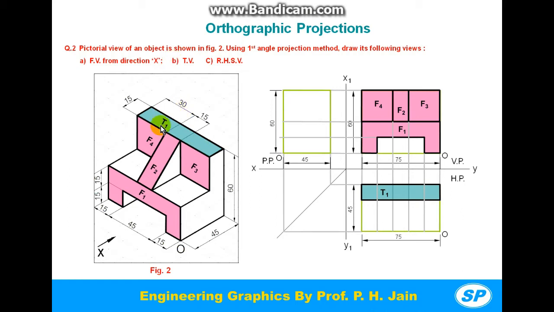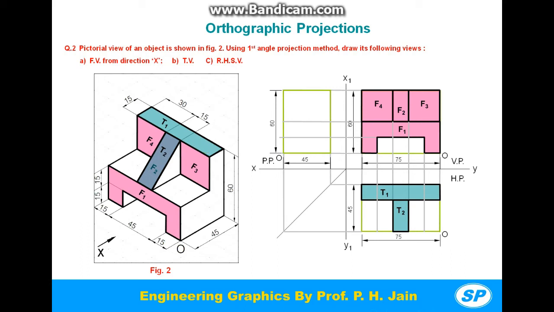Now again look at the object from top direction. From top we will see that inclined surface again, so let's name it T2. It is the same as F2. This edge of T2 is attached to the edge of the T1 face. So with that reference, construct that rectangular face in top view. Imagine that T2 is the inclined surface and T1 is the horizontal surface.